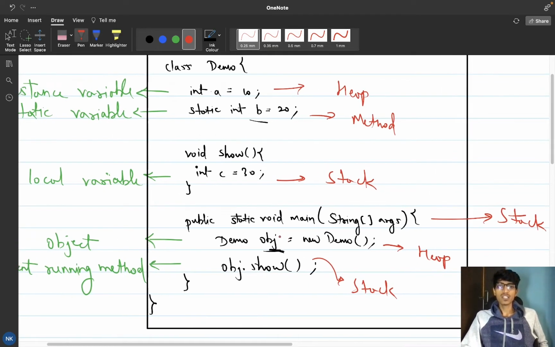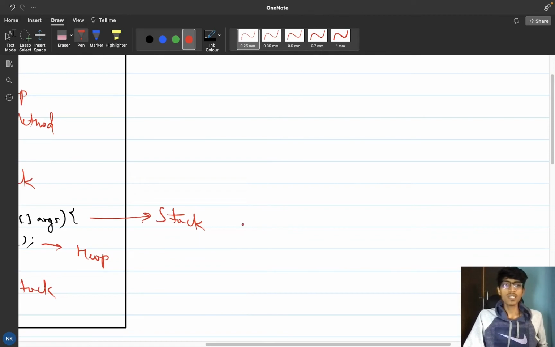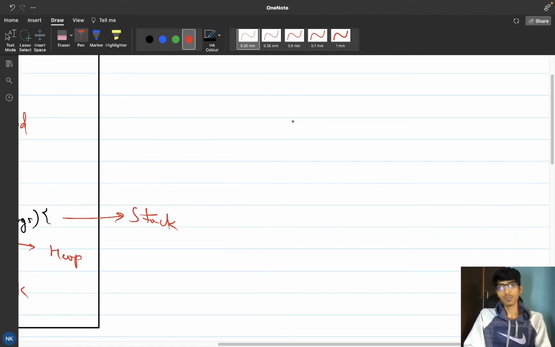Let me summarize all the points. Mainly, if you want to go to the memory topic, we have three: one is method, one is heap, and the last one is stack. So mainly we should understand these three.